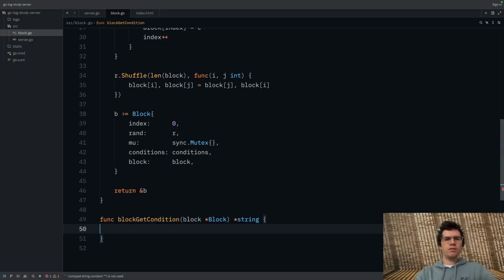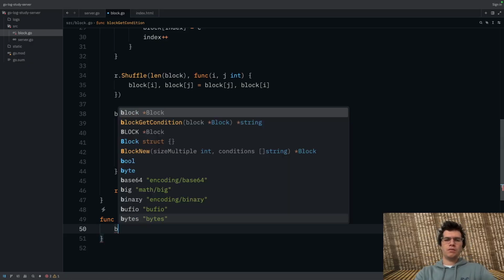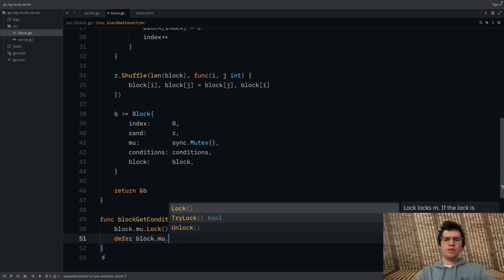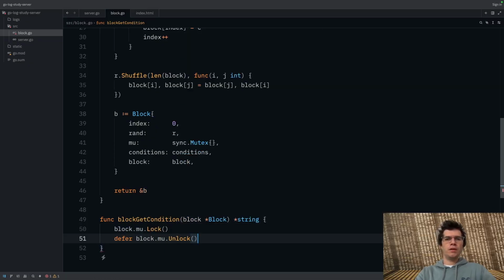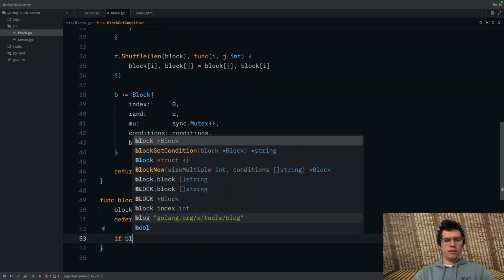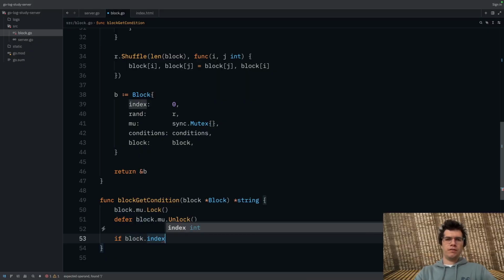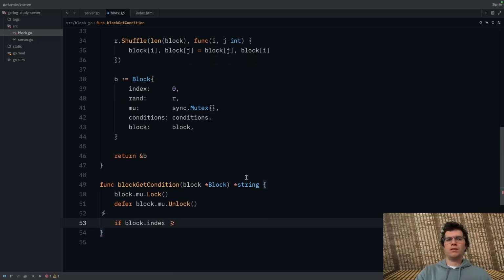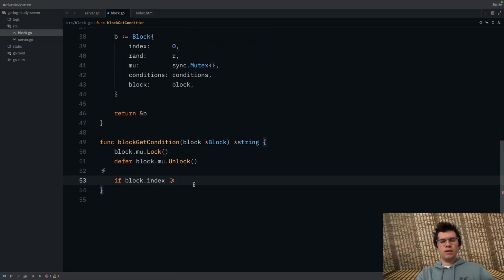So the first thing to do is we receive this block. So we want to do block.mu.lock, right? And then we can use defer. Love defer, to be totally frank. I think it's incredible. I don't know why more languages don't have it, whatever. So we basically lock our mutex and then we unlock it when we get to the end of the scope. But until we get to the end of the scope, we're basically saying no one else is able to access or use this block. They're able to wait, but they cannot use it.